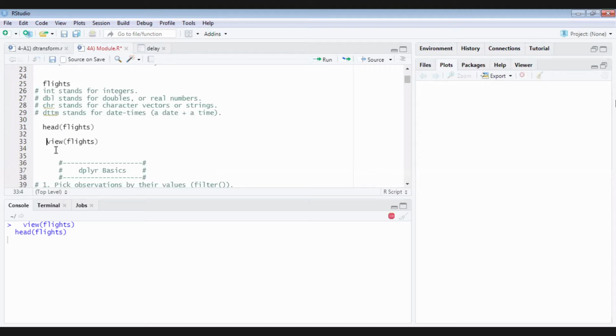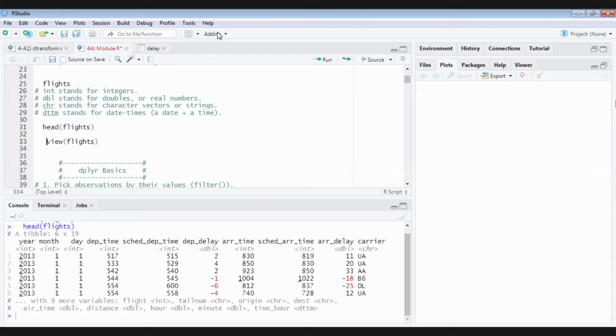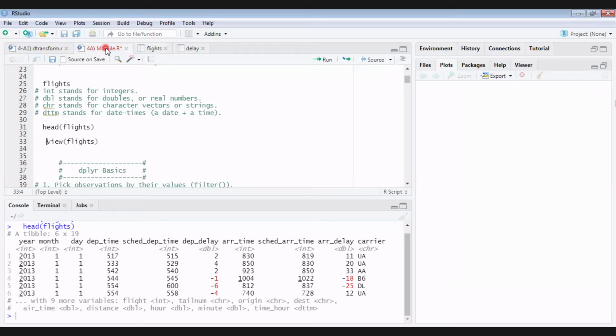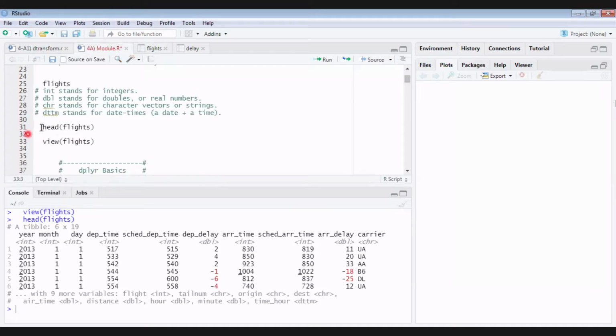I clicked on view flights, so it is still working if you observe carefully. When I do head of flights, I get the first 6 records, and these are the columns, but I am not able to see all the columns.